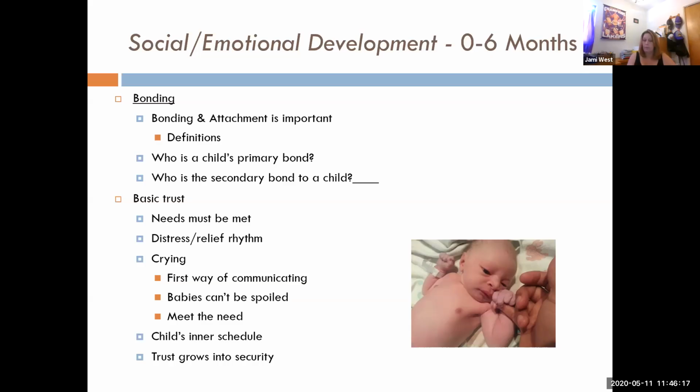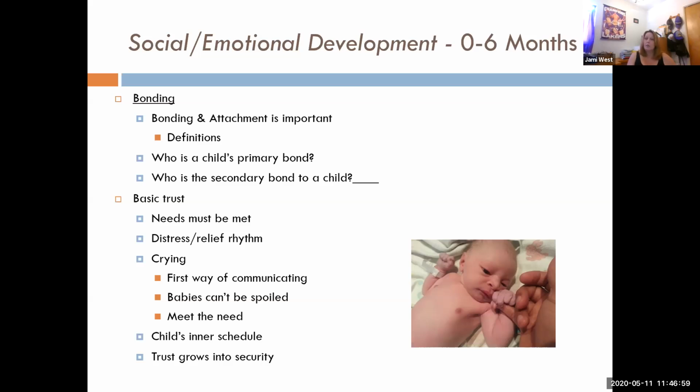and I did have one of my daughters do the kind of cry it out method, that sleep training. In order to change a child's inner schedule, there's always going to be times where the child's needs are not being met, right? If you think, not you in particular, but if the adult feels like they're eating too often and so they decide, well, they need to wait 3 hours.